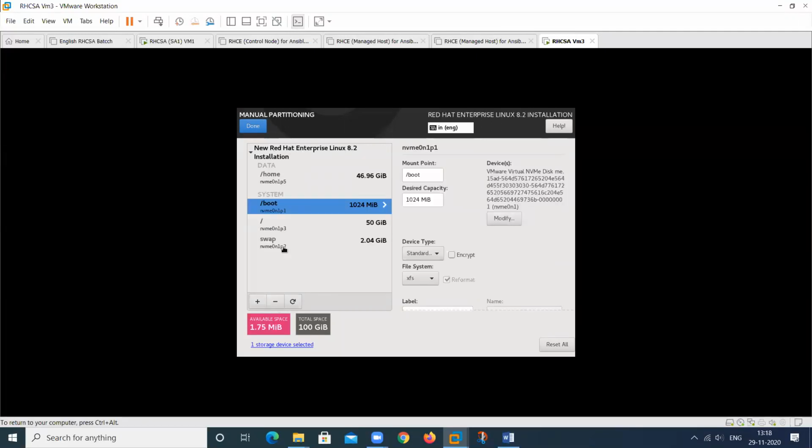So click on this one. It will create this partition, this partition, this partition, this partition. This one stores the personal data of this particular user, this is for booting information, this one stores all the files regarding the OS, and this is for the virtual memory. So this is regarding the partition. Then done here,